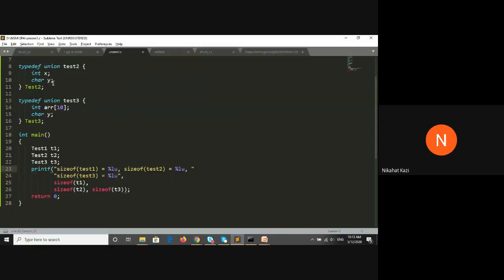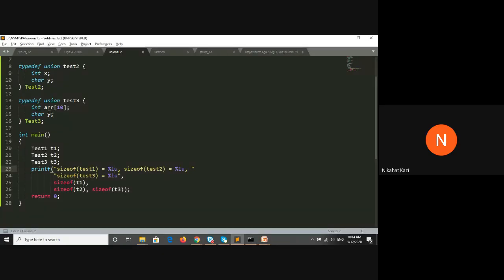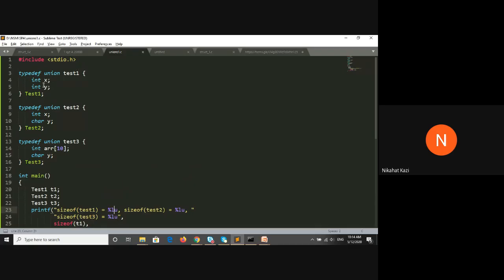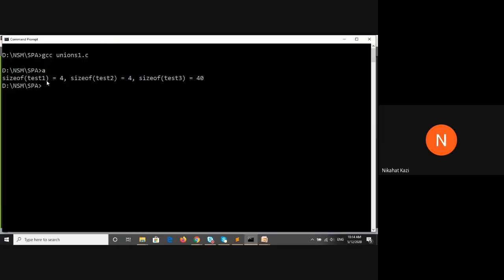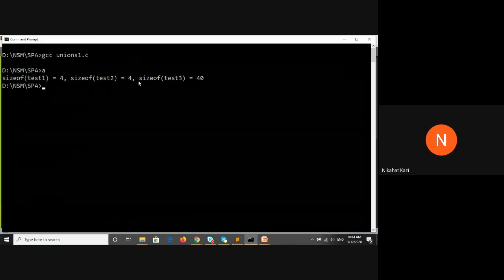The first example was int and char, so the larger data type is int, of course. So it will be 4 bytes. Size of test2 was also int and int, so both are the same. In that case, it will be 4. Size of test2 will be the larger of the two, that is 4 again.